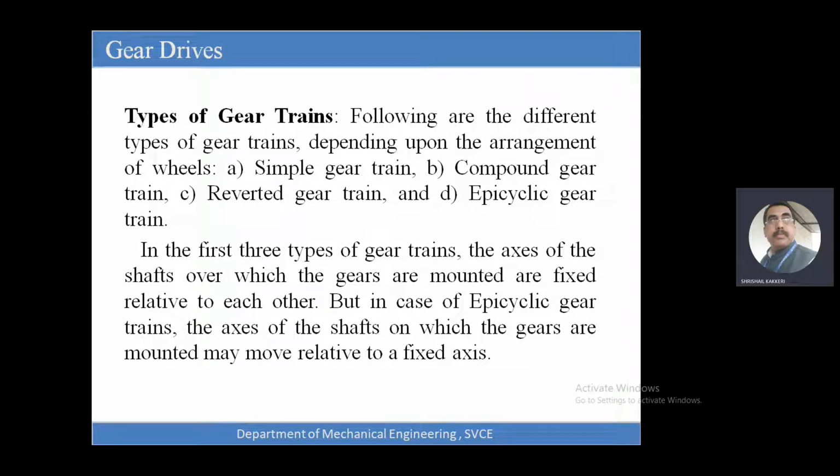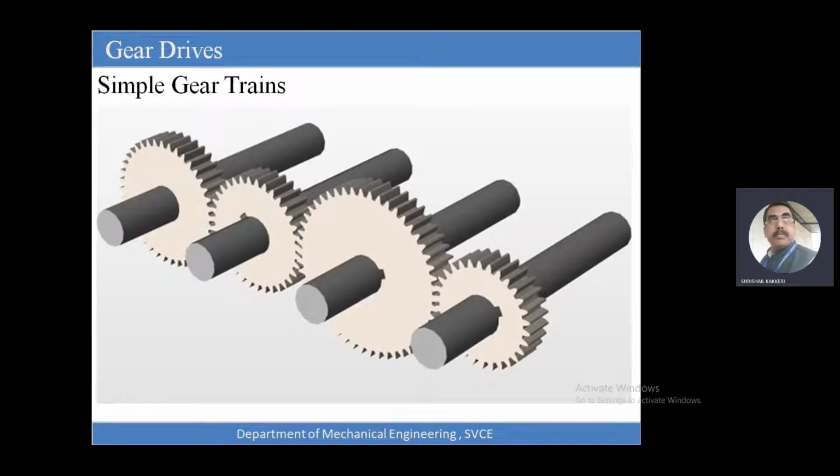The gears will not be changing based on the type of the intermediate gears we are going to use. It will not be changed. We can see them later. So in the case of a simple gear train, in its simplest form, it will consist of one gear